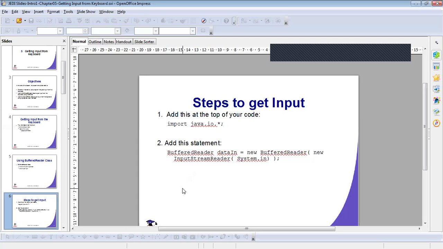Then add this statement: BufferedReader dataIn = new BufferedReader(new InputStreamReader(System.in)).